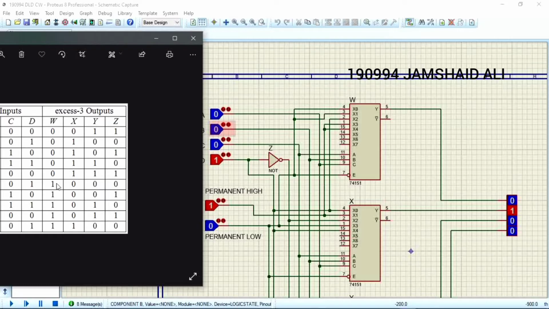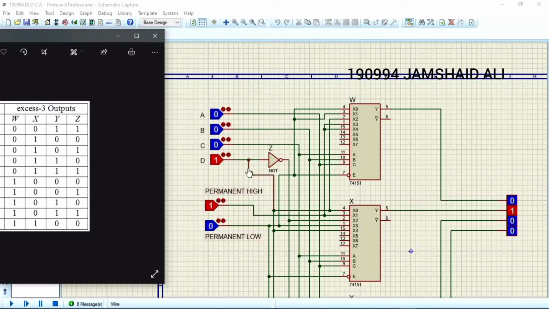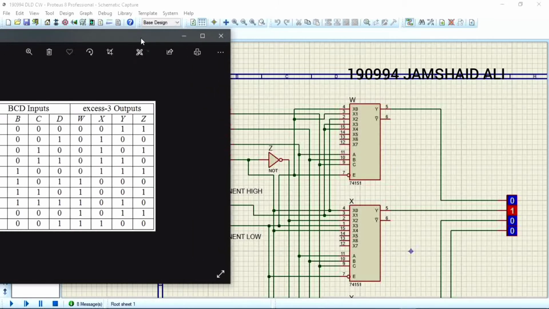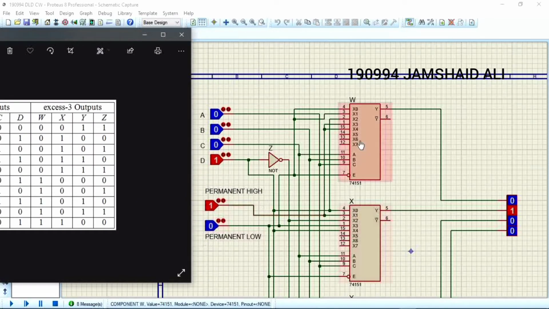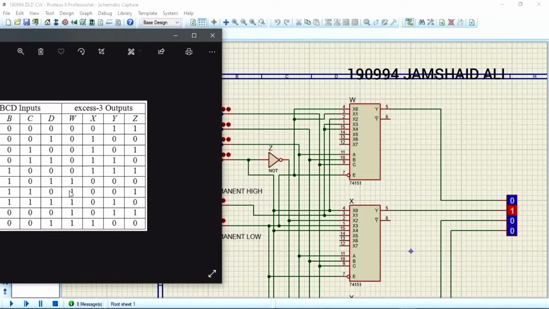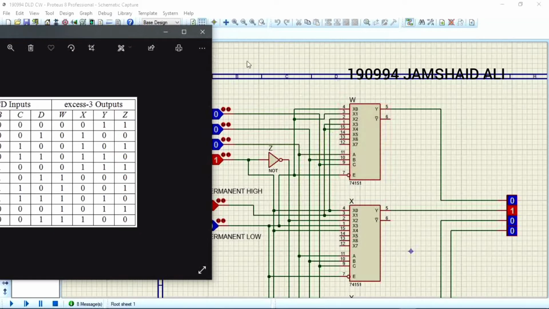For 0 and 1 output, because we have 0 and 1 input on D, we connected the D directly to that mux input. And if we require 1 1, then we connect permanent high input to that mux. And if we require 0 1, then we connect NOT of D to that mux.